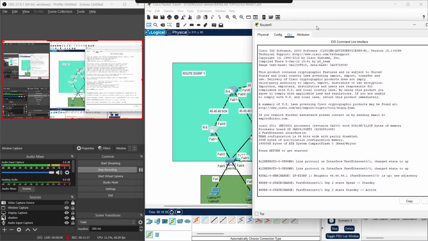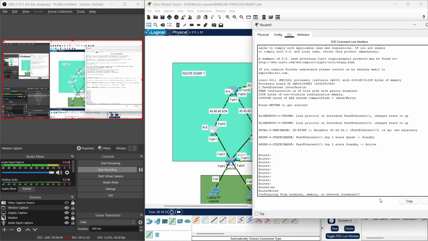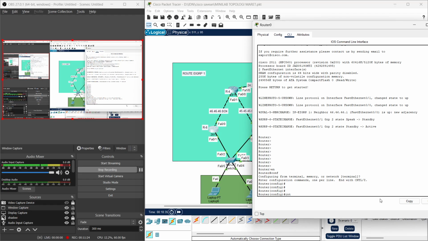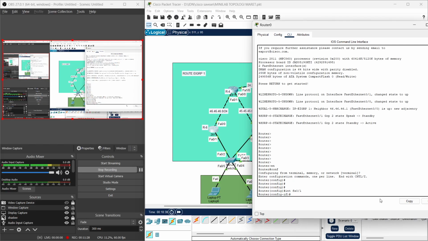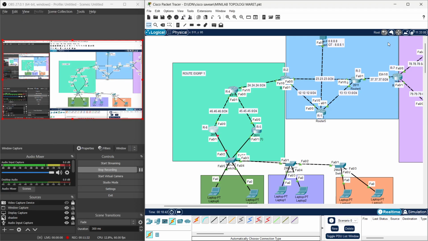So let me shut down the interface on R6 first. Interface FA 0/1, shutdown. This will shut down the interface.